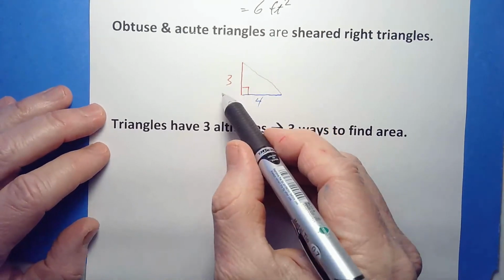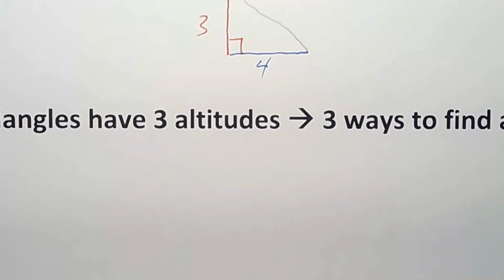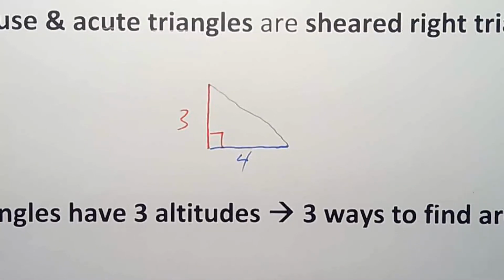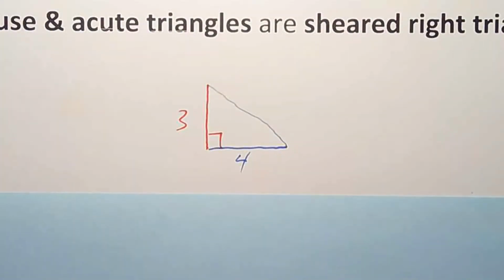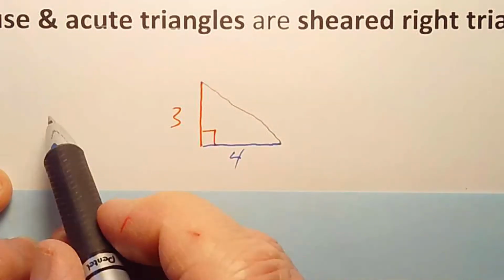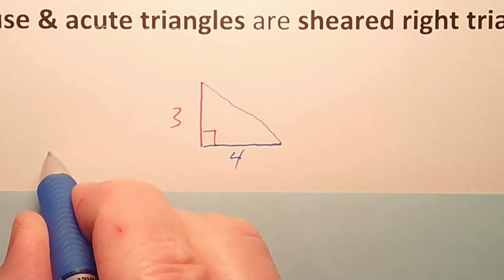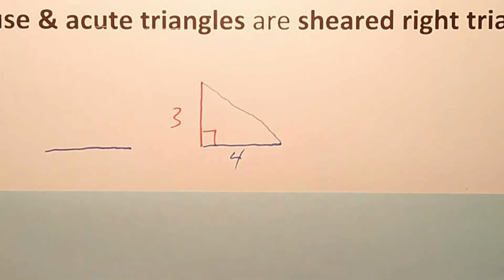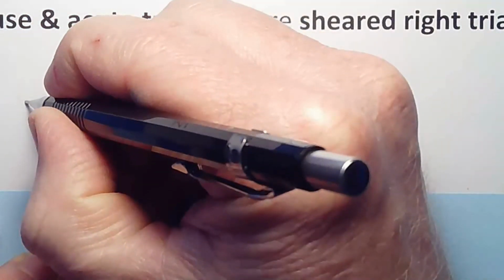So let's draw this now where I have brought it off to the left. In other words, I'm shearing it down off to the left to turn it into an obtuse triangle. So again, the base doesn't change, does it? This 4 feet, still 4 feet. The side length though is going to change, right? If I pull this over, again, I'm going to do this lightly just because really this dimension, as we